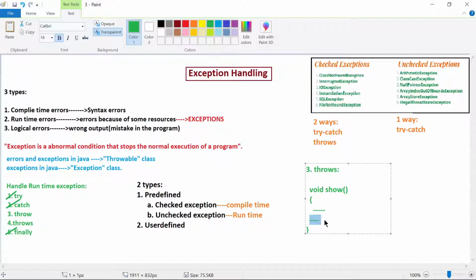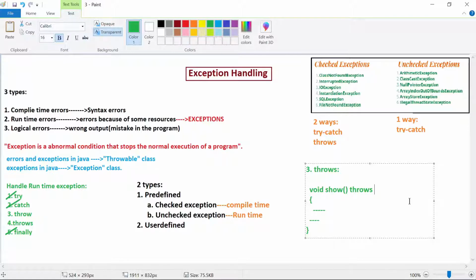But try and catch means you are going to handle that exception. If you don't want to handle that exception, you want the system to handle it, in that case you need to use a keyword called throws, which should be connected with your method name, where you need to write throws. What type of exception it is going to throw, that you need to specify. See, in try and catch, in catch you are going to tell what type of exception it is handling. Similarly here, if you want the system to handle the exception whatever may be raised here, you need to write throws. Let us consider it raises arithmetic exception.